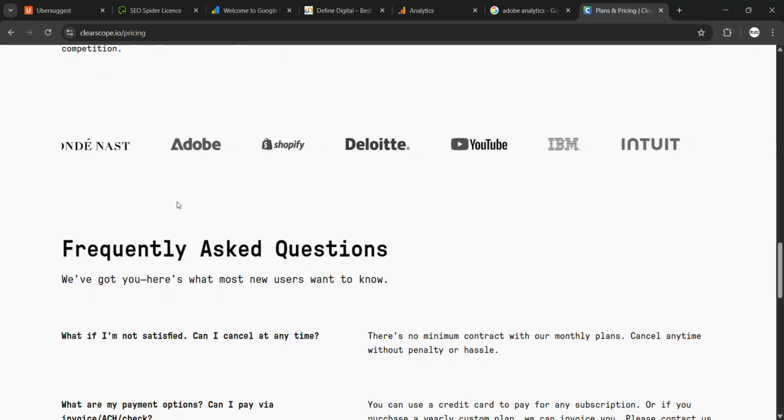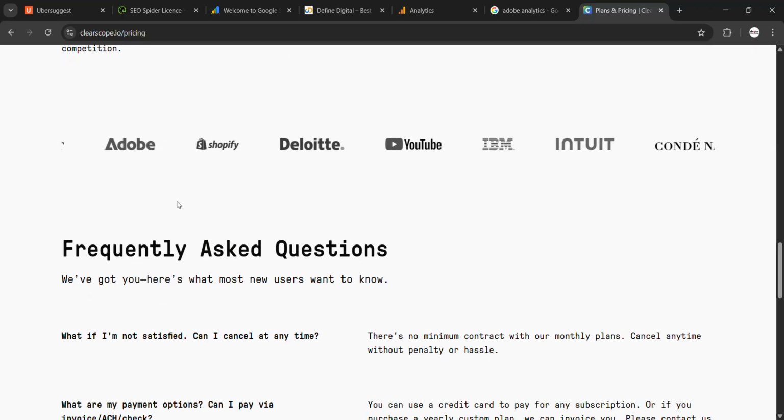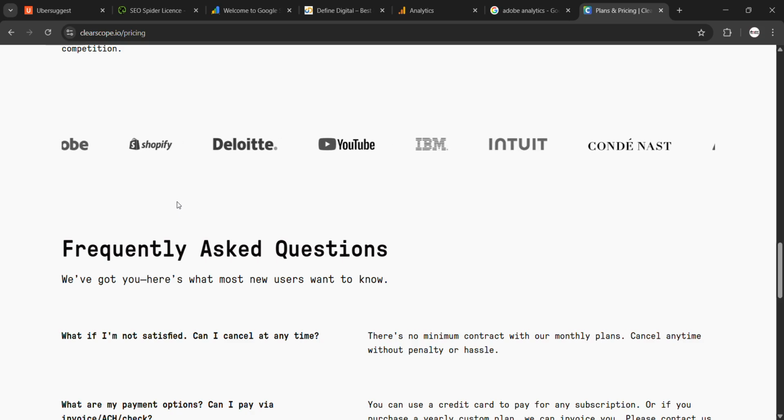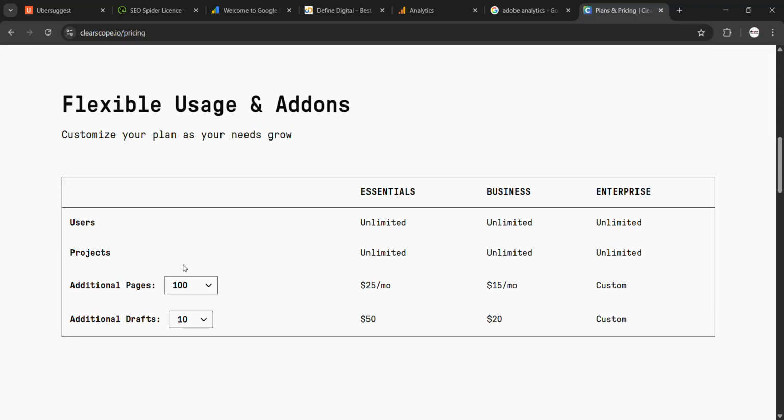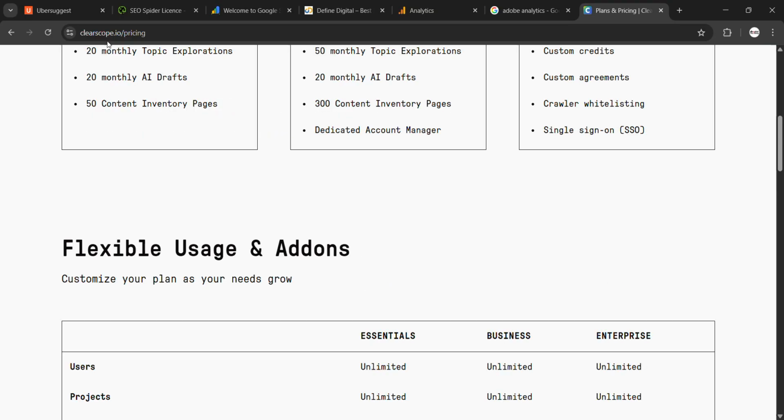So you just have to know the name, so that once you join any company or any agency, or someone who can pay for it, you can directly ask them for these tools. So like we have covered Google Search Console, Google Analytics, Ubersuggest, Screaming Frog, then Moz Pro, and then Answer the Public, which is really very important. SEMrush important, Ahrefs important, and Clearscope also important. So all these tools, which I know are for SEO, there are multiple tools which I'm still not aware of. So apart from SEO, now the next is AEO,